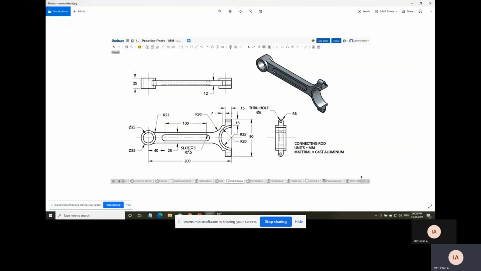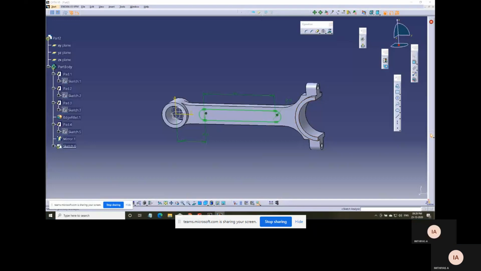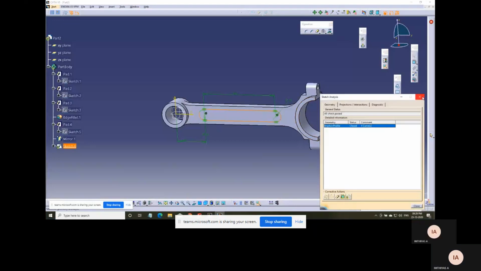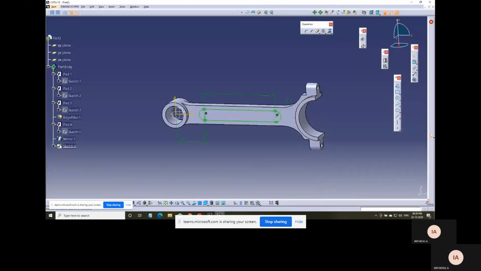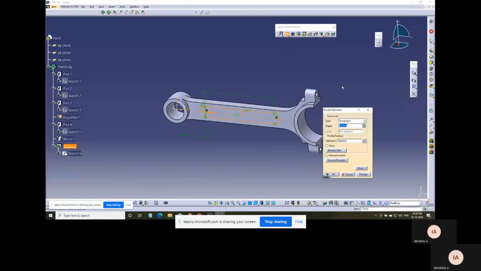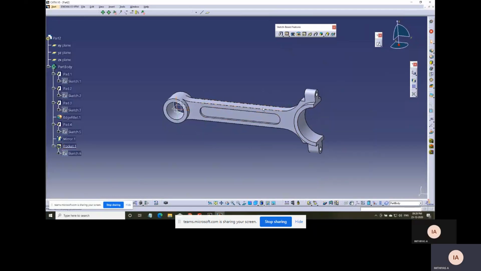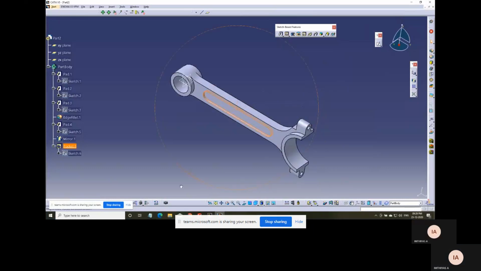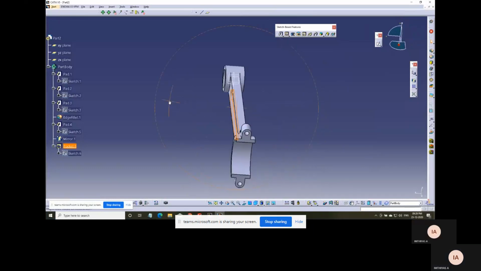Now we have to make a slot. The distance is 3 mm from the top. Using the hole definition, we are making a profile on the connecting rod.